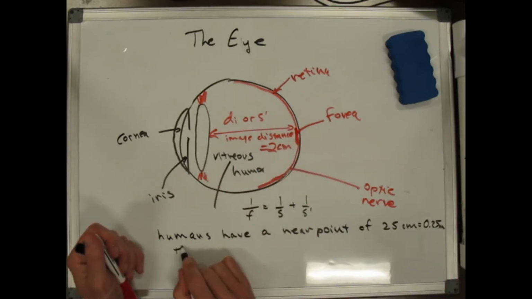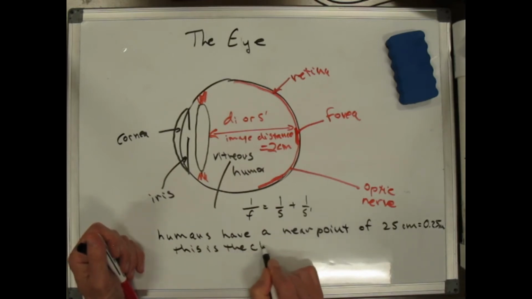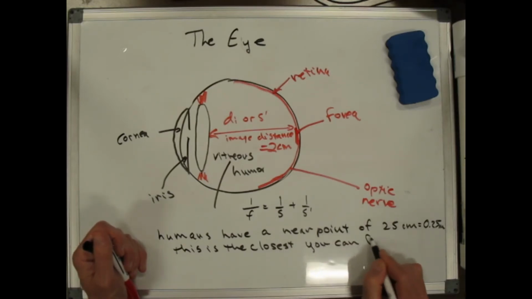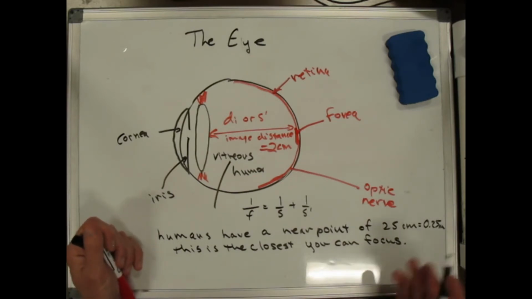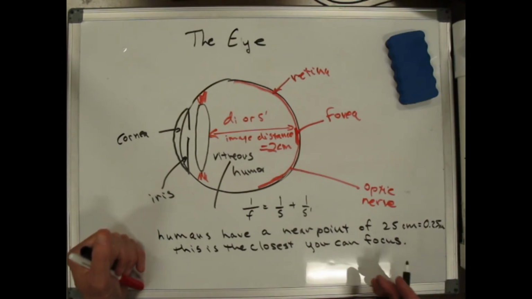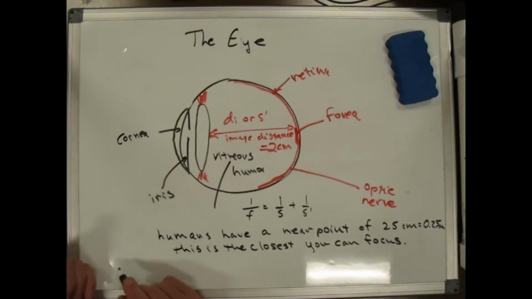So this is the closest a typical person can focus. People who are very nearsighted can focus more closely than this, but for a normal eye, that's about it. And so we can say, look, at the near point,